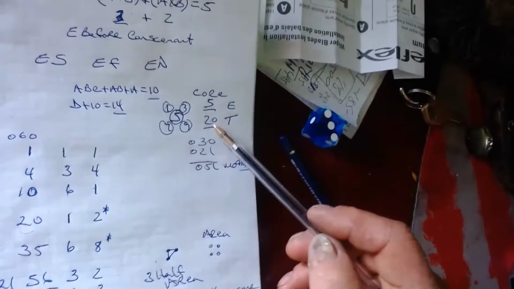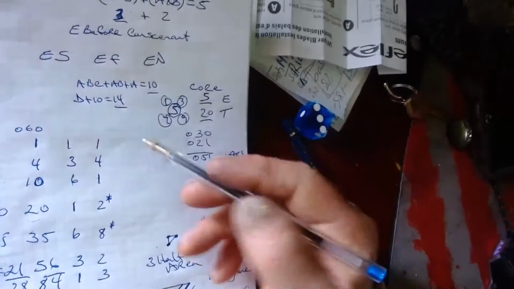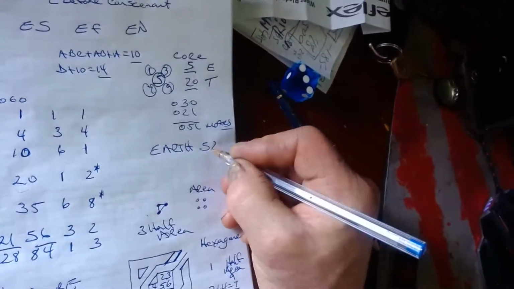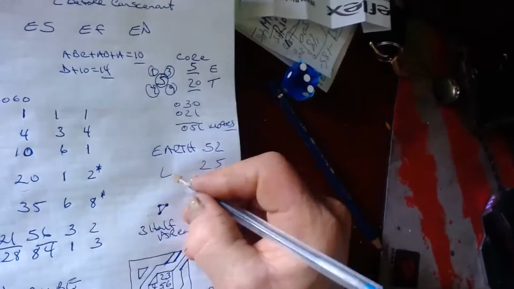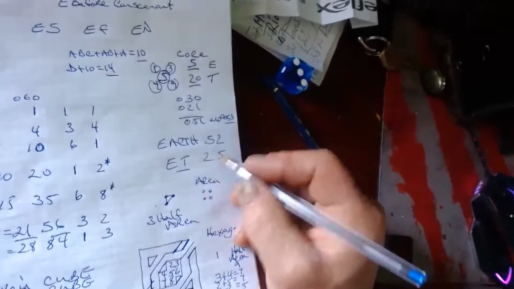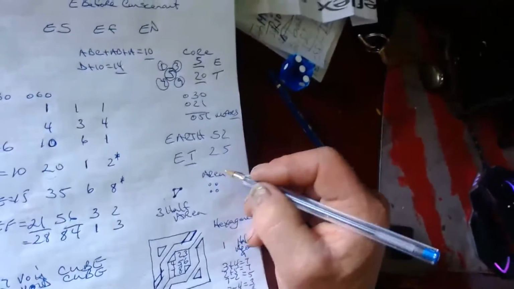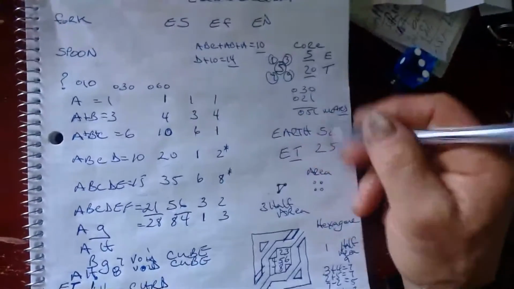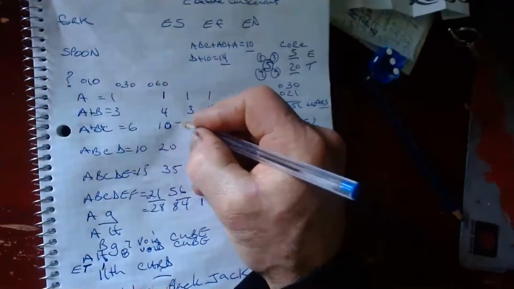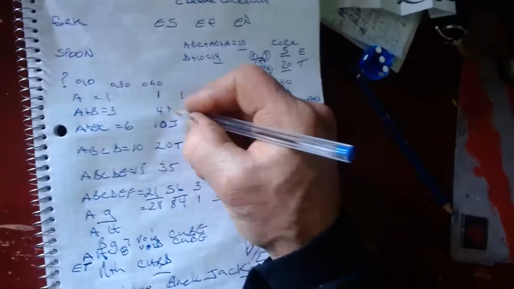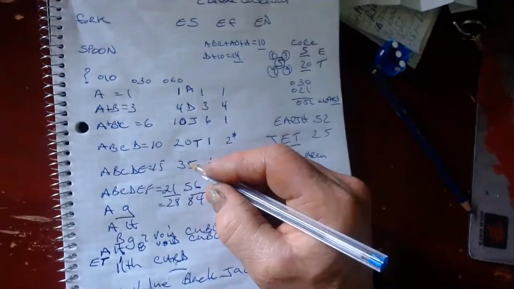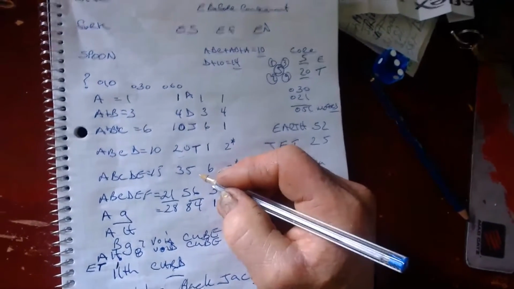ET is that 20. When you have 5 and 20, it's ET. So the numeric value for Earth is a 52 or 25. At 25, it says ET. So if you're leaving on a jet plane, it's because that's your jack hookup to Earth's heart. Your jack hookup to Earth's heart is your J letter. So here is your J letter, here is your T letter, here is your D letter, here is your A letter. There is no number 35, but the 35 is going to revert to be